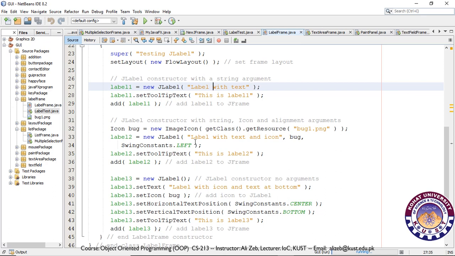And if you want to add an icon to the label, you need to first read that icon from your hard disk, and this is the location or the path that you provide to this object, that is an object of the Icon class, and that will be retrieved from the hard disk and stored in this object, and you can then pass this object to the label, and this will be the location where the